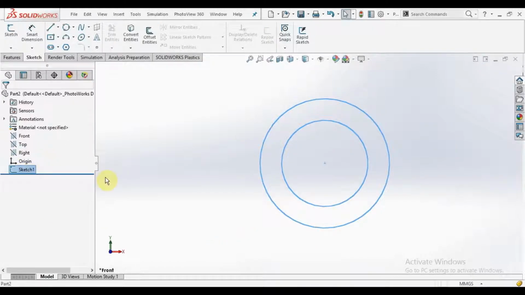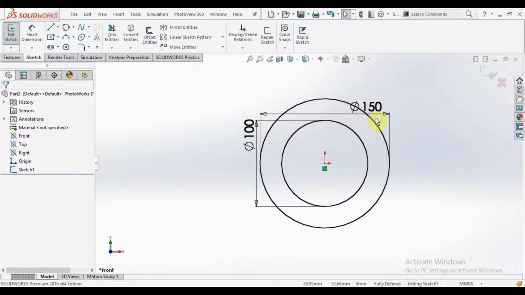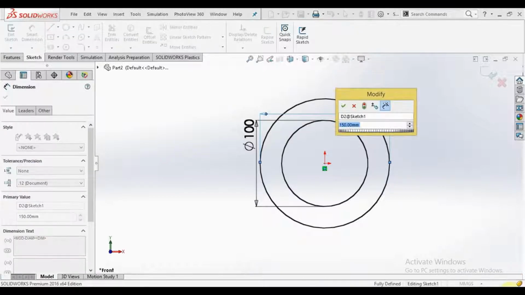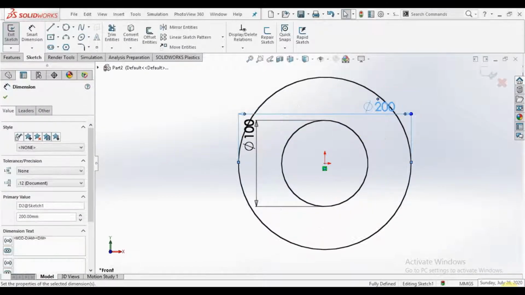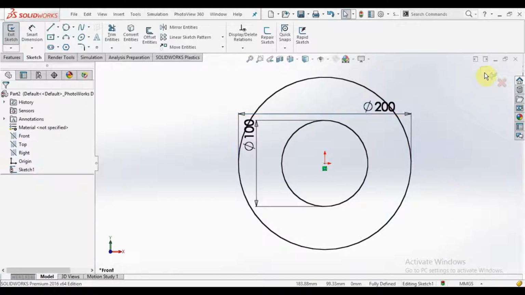This is our model tree. If I want to edit my sketch, then simply click on the sketch and go to Edit Sketch. Other tabs I will explain one by one, but right now, Edit Sketch, and let's say I want to change this 150 mm to 200 mm and come out from the command.